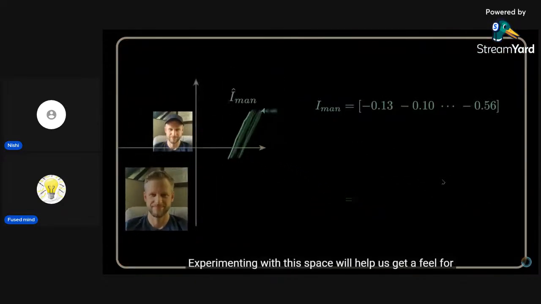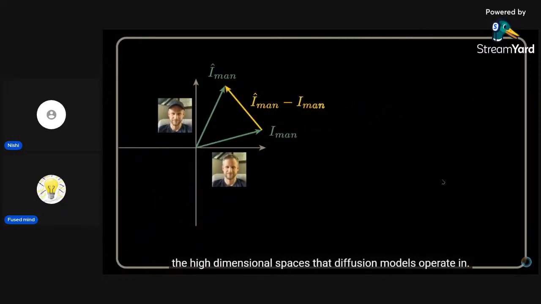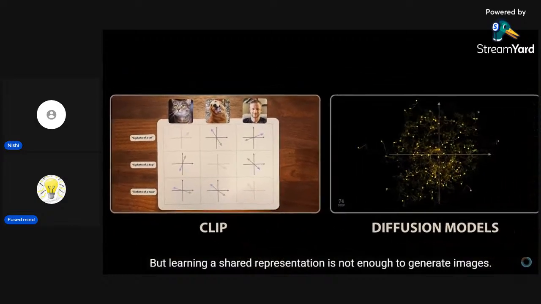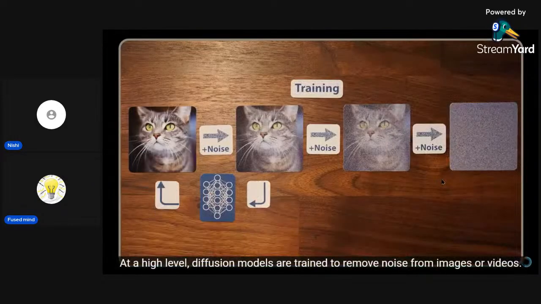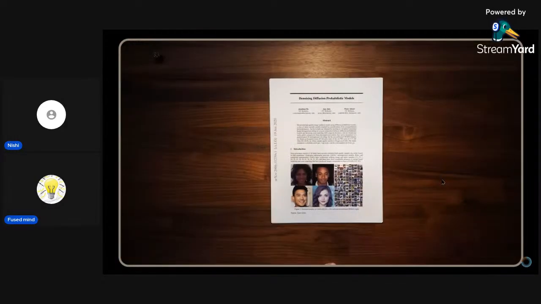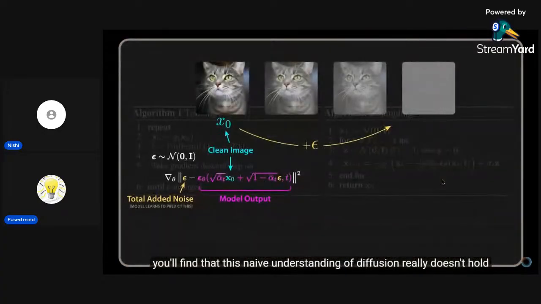Experimenting with this space will help us get a feel for the high-dimensional spaces that diffusion models operate in. But learning a shared representation is not enough to generate images. From here, we'll look at the diffusion process itself. At a high level, diffusion models are trained to remove noise from images or videos. However, if you dig into the landmark papers in the field, you'll find that this naive understanding of diffusion really